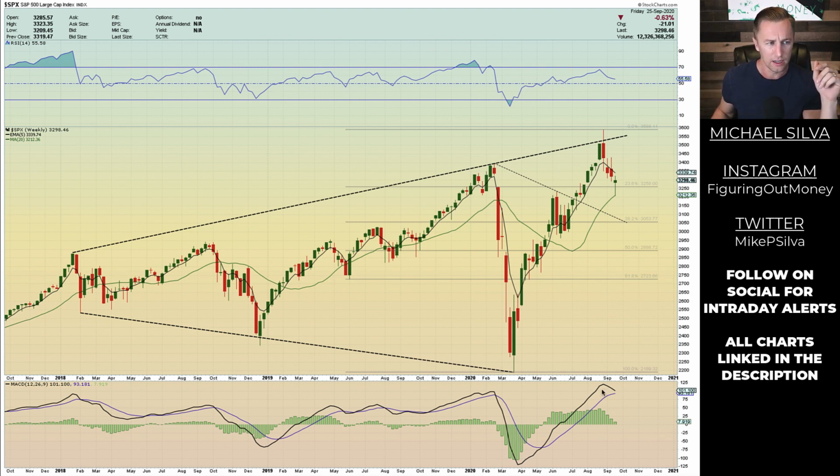The MACD on the S&P 500 looks like it wants to start crossing over, and that could represent a little bit of bearish momentum taking place. Now it's way above zero, so you don't need to hold too much weight on this. It could literally just cross and then return back up to a positive direction. But it's something to take note of when we do get that cross.